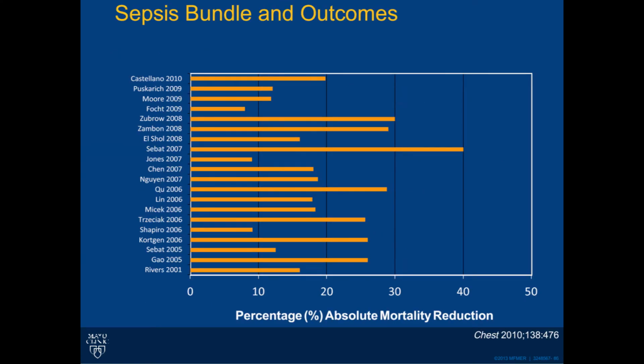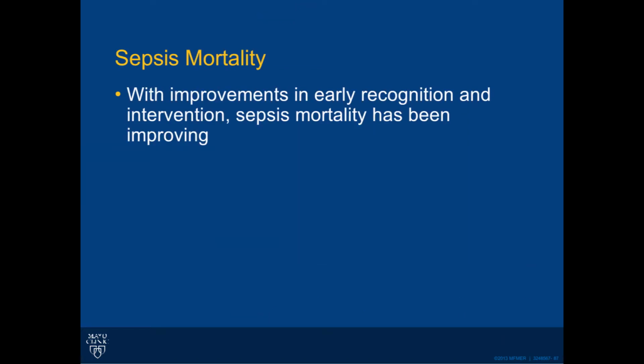I will tell you that sepsis bundle interventions over the last 15 years have improved mortality in almost every case when they've been studied. This is not the same thing as looking at early goal-directed care versus protocolized management versus, quote, usual, unquote, care. This is if we make a concerted effort to improve sepsis management by helping our clinicians with a set of interventions that will improve sepsis outcomes, those work. And this slide in this paper from CHEST can help highlight that for you.